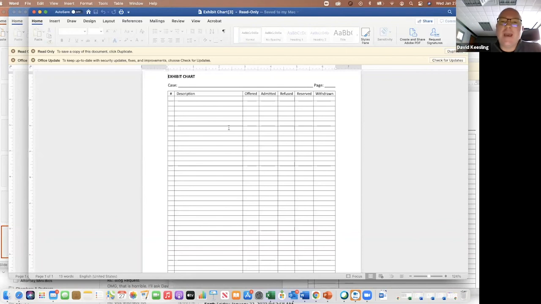I suggest that you have this type of chart for every case that you walk into court with, even a hearing that's not at the trial level. Why is that important? Because your job is to protect a record and to create a record as the trial lawyer. And so you'll be able to see where your gaps are by the time you get to the end